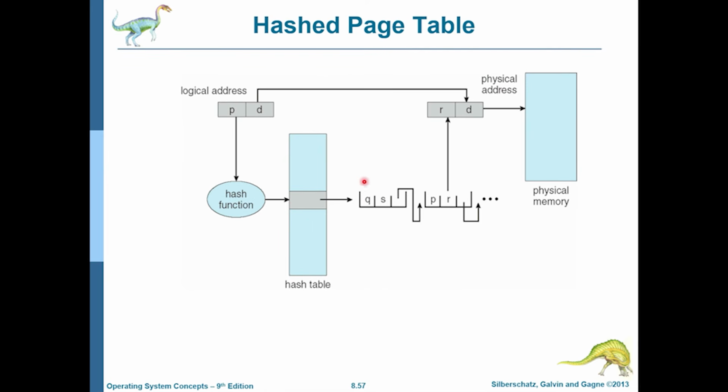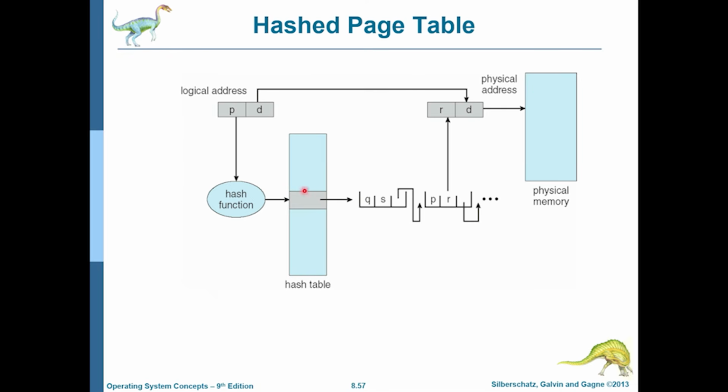So look at this. We take P and we put it into a hash function, we get some value, and then that helps us do a lookup inside a hash table that has a few page table entries chained like this. Now you might ask, why is this chaining there? Because whenever you use a hash function, there is a possibility of collisions. So more than one entry can map to the same hash function value. So there is a possibility that multiple page table entries could exist here.